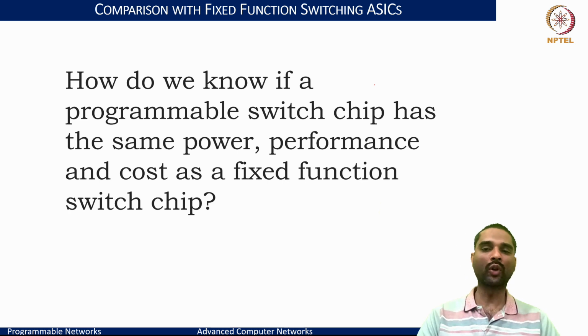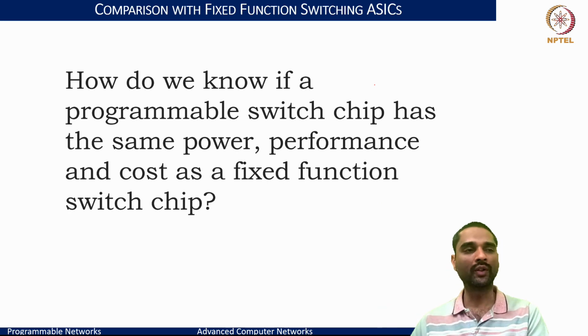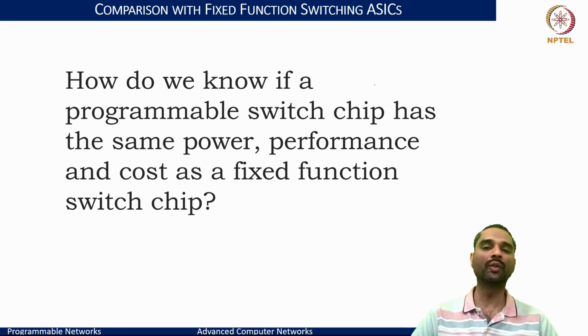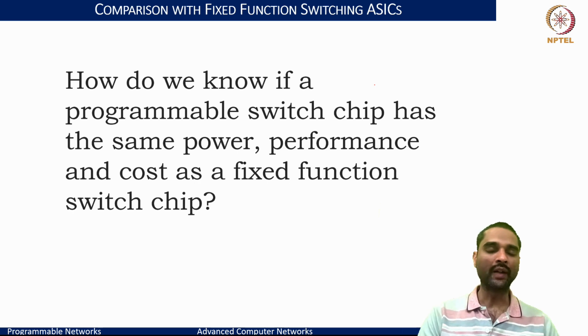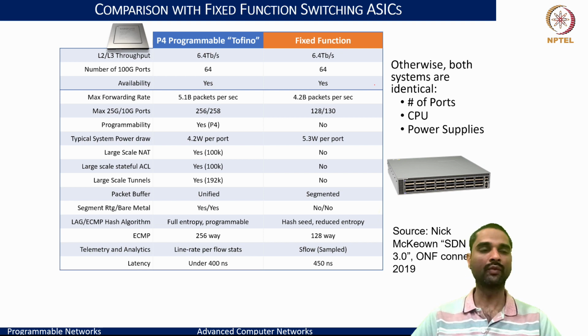So if we think of all of this, what we have now said is we are trying to go towards a programmable switching chip and get rid of the custom ASICs that otherwise would come with the closed APIs, but rather make those programmable. But then we also have to think of what is the cost, performance, and power overheads that these programmable switching chips bring. And like I said, this evolution happened over the last few years, almost around 10 years.